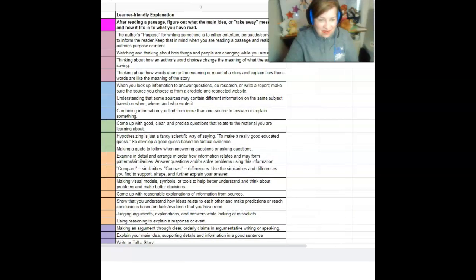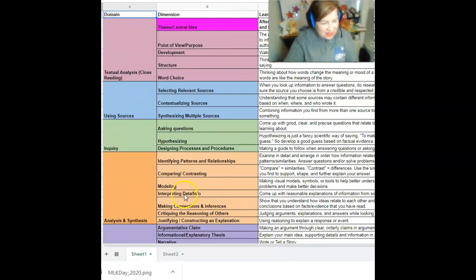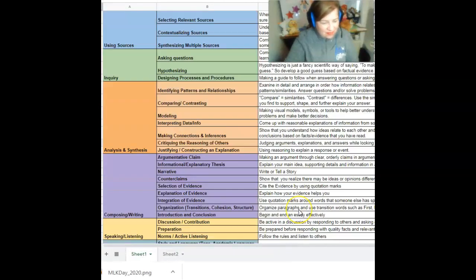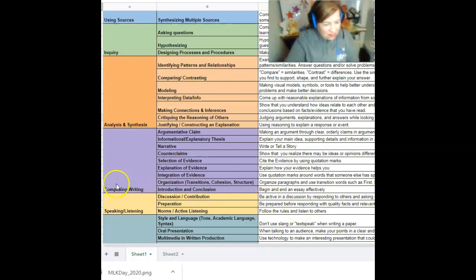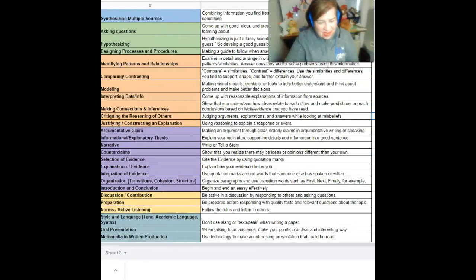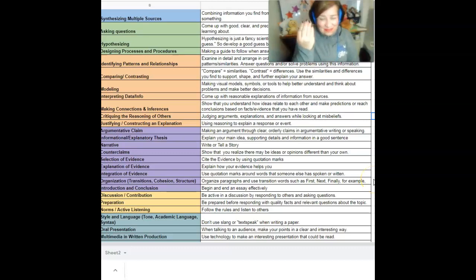You're going to notice that there's a place on the cog skills for composing and writing, and that is organization, transitions, cohesive structure, to have organized paragraphs and use transition words such as first, next, finally, and example. The best way to build an essay is to have an outline, a framework,